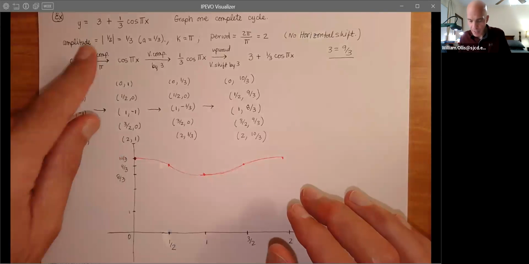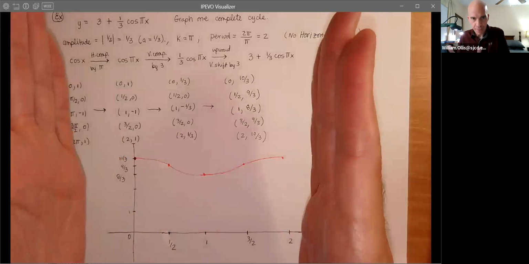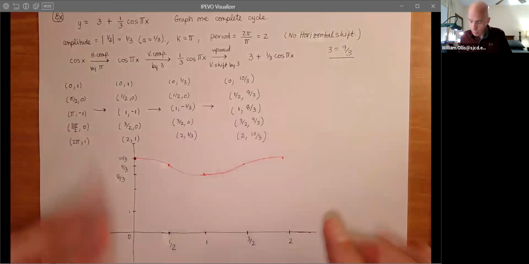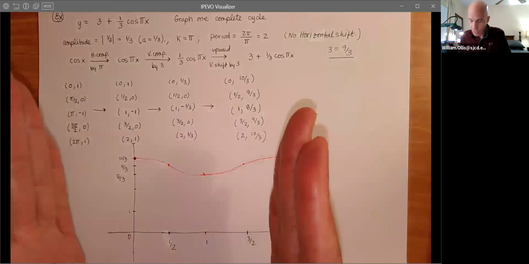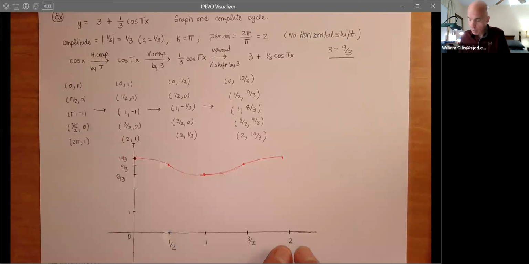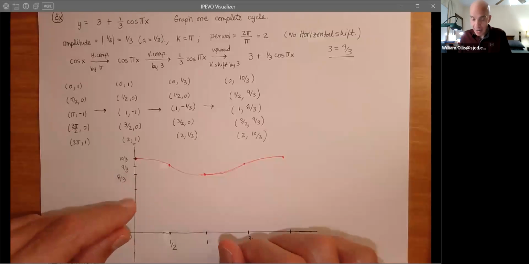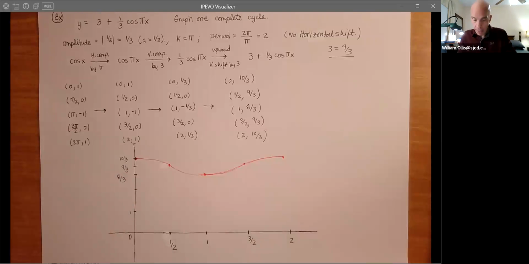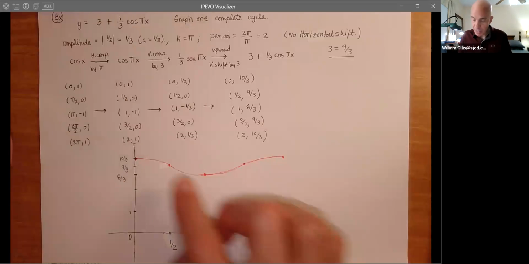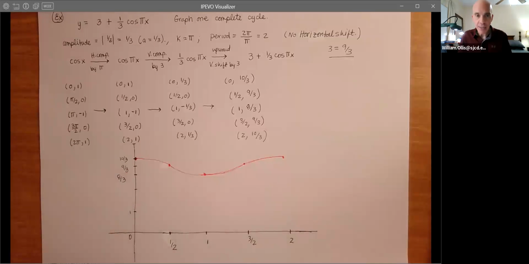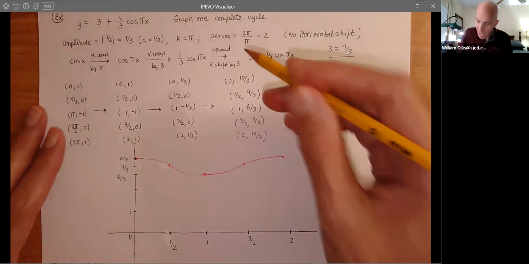When we look at this, it's been shifted up. The horizontal component has been compressed. So we go from a period of 2 pi down to 2, and then we go from an amplitude of 1 down to 1/3. So we can see more of the compression here in the y component, the way I've scaled this. So again, when you do this type of work here,